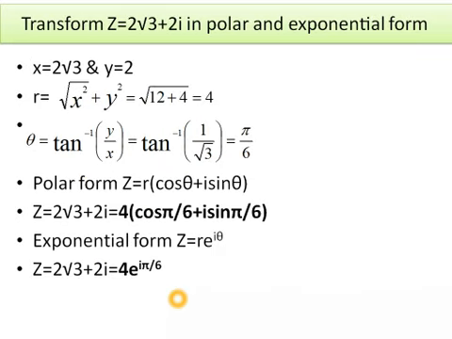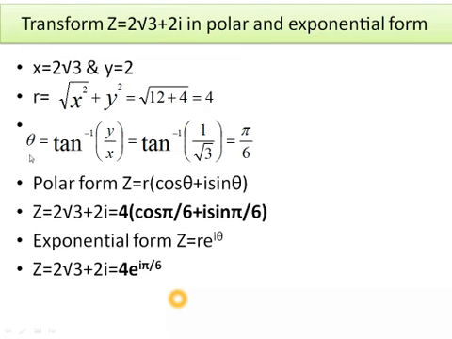The new example we have considered is z is equal to 2 square root 3 plus 2i. This time we are doing the same thing, that is we are comparing the given number with respect to z is equal to x plus iy. By comparing, we are having x is equal to 2 square root 3 and y is 2. For the calculation of r, the square root of x square plus y square is the same and we have received it as 4.